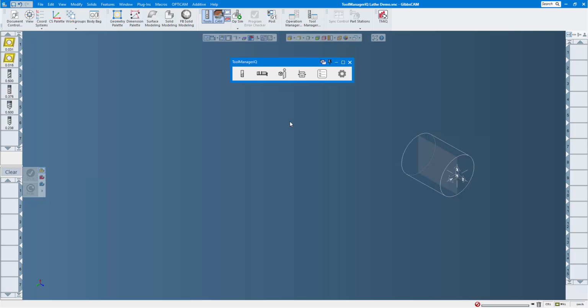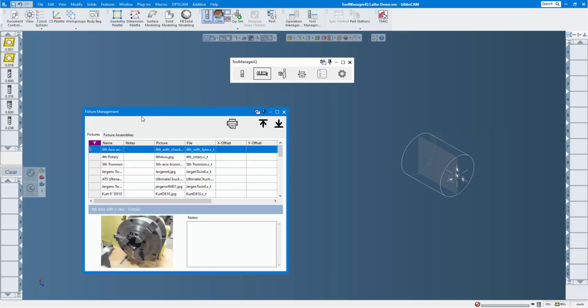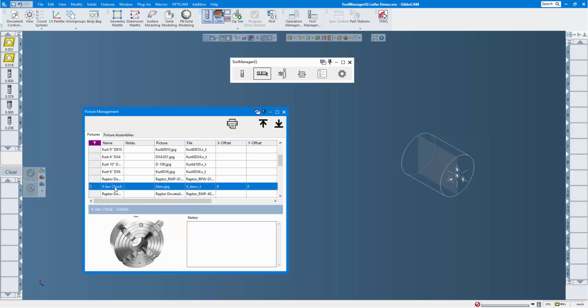Exporting a fixture from ToolManageriQ into gibbsCAM is just as easy as all of the other items. I'll start by going into the Fixtures section, and then I can choose whether I want to export a fixture or a fixture assembly. Here I'm going to export this 4-jaw chuck, so I'll select it in the list, and I'll click the Export